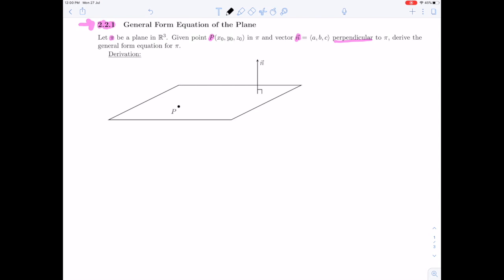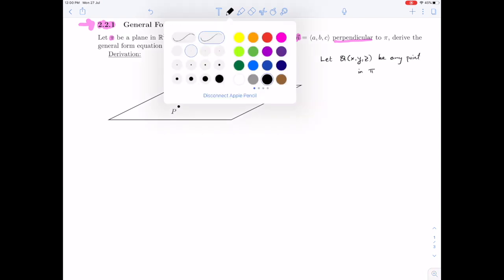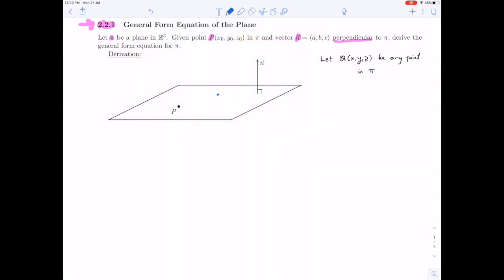The way that we're going to do that, we start by letting Q = (x, y, z) be any point in the plane, any point in pi. So let me add point Q here. It doesn't matter where it is. How about there? That means that I can draw a vector PQ between the points, and I can represent the origin maybe somewhere here. And that's a good time to mention: